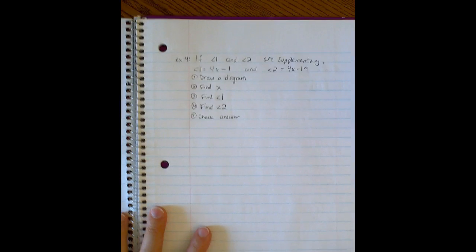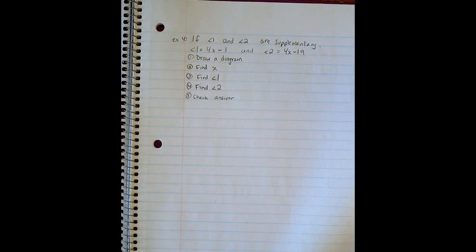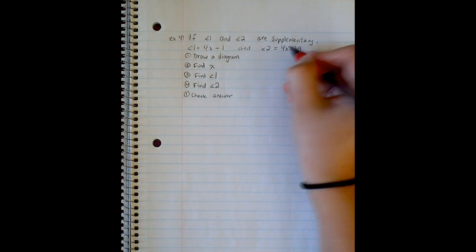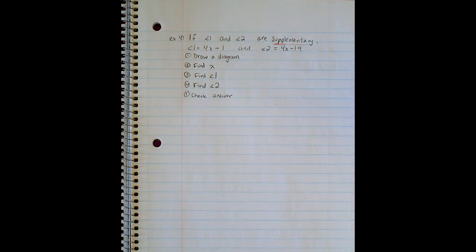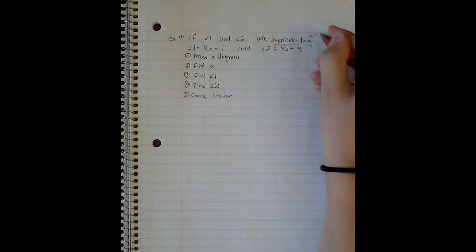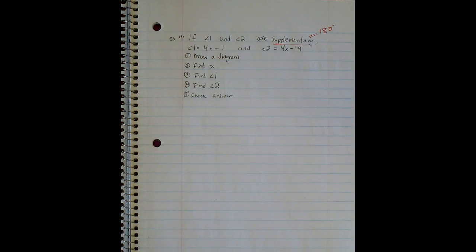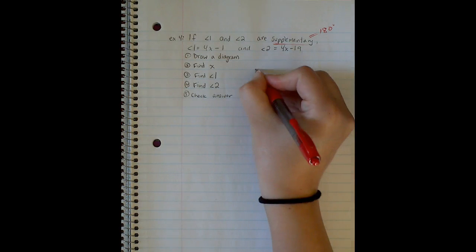Okay, example 4. It's very similar to example 3, but change of words here. Instead of complementary, we have supplementary angles. So we're going to follow the same 5 steps. Angles 1 and 2 are supplementary. So that means they add to 180 degrees. So my diagram is going to look like this,